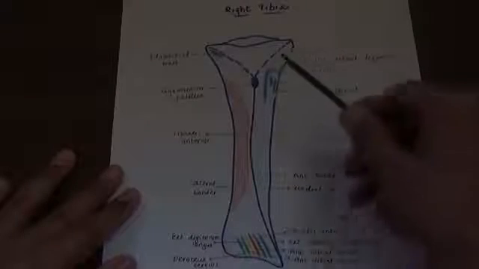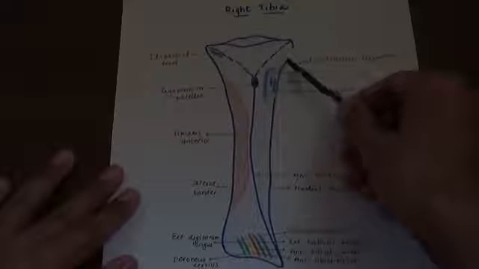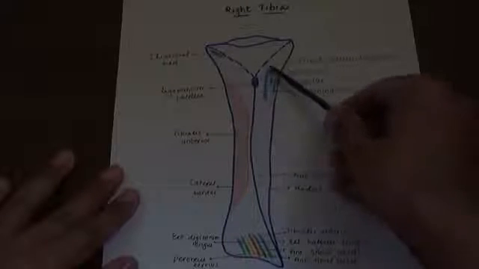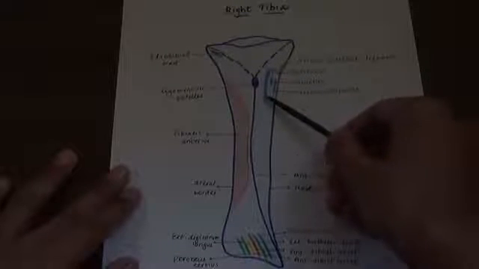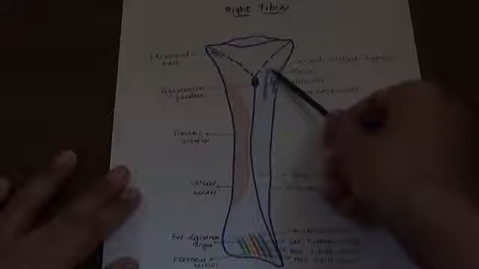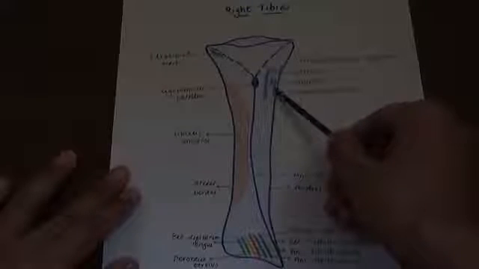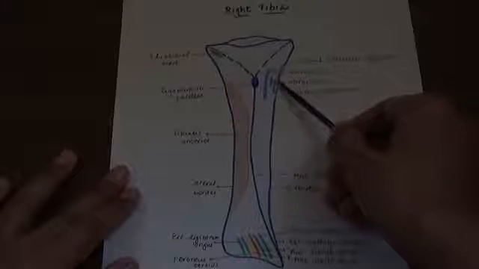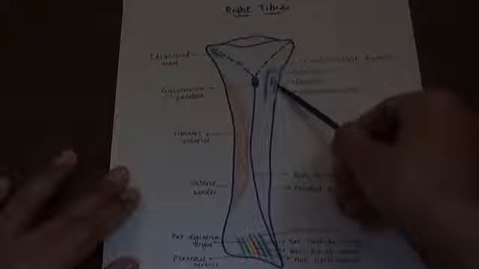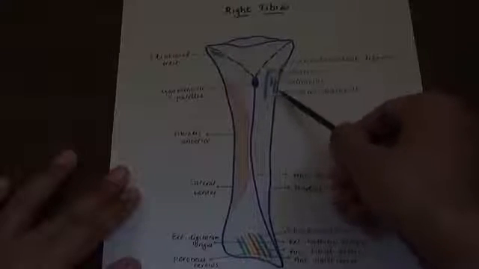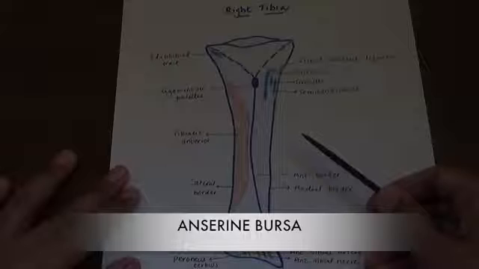So in this diagram you can see this is right tibia showing anterior and medial borders, and in between these two there is medial surface, and we were discussing attachments on the medial surface at its upper part near medial border. So it provides insertion to 3 muscles: sartorius with hockey stick pattern insertion, and next to that will be insertion of gracilis and semitendinosus. Still next, along the medial border there will be attachment of superficial fibers of tibial collateral ligament. Now these 4 structures are separated by a bursa that is termed as anserine bursa or pes anserine bursa.